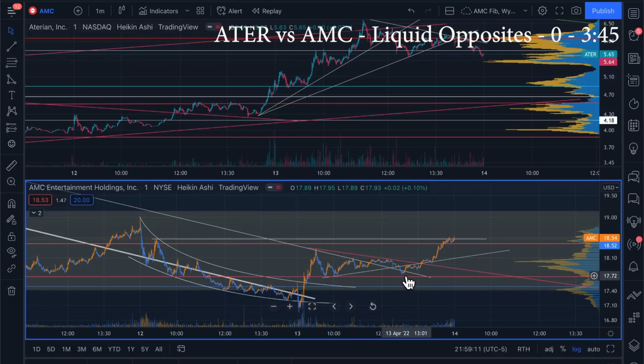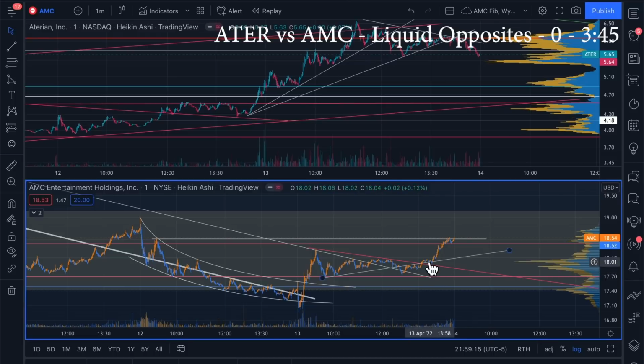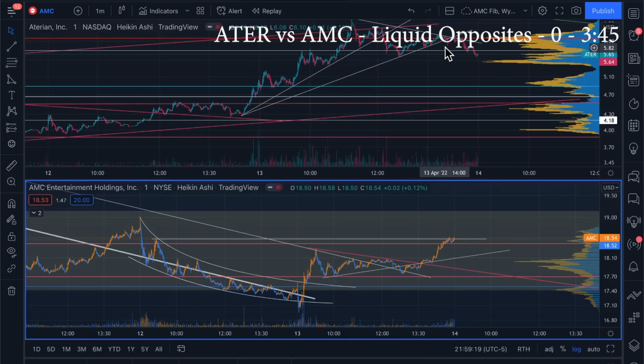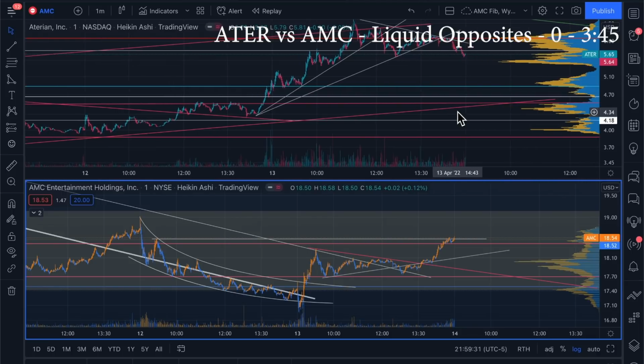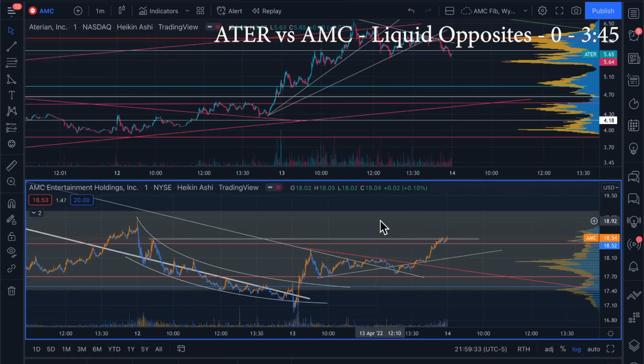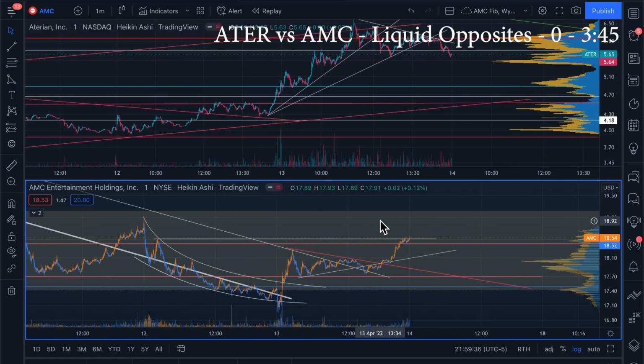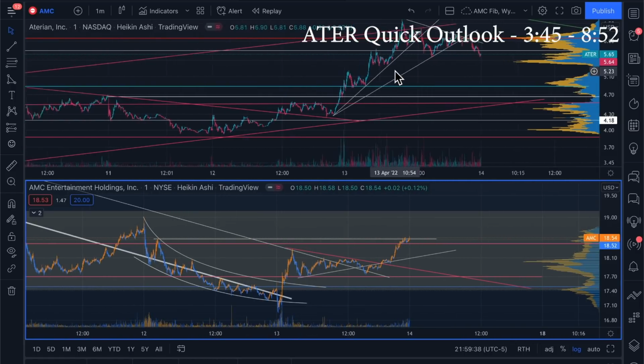So AMC also breaks down, and then they almost look like they're going to run in tandem, but then they deviate right around roughly power hour. They start going opposite directions again. It's not like they're running complete opposites. It's more like there's this weird, I don't know if it's hedging or if it's liquidity shifting or what, like why it's doing what it's doing. That's a big question. I don't know, but it's just really interesting.